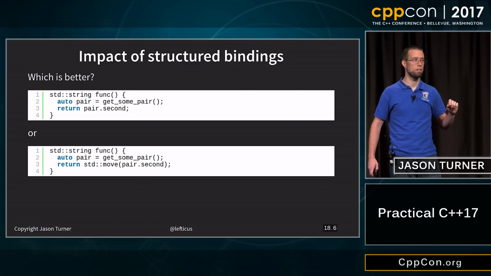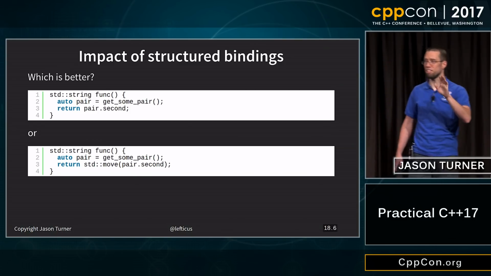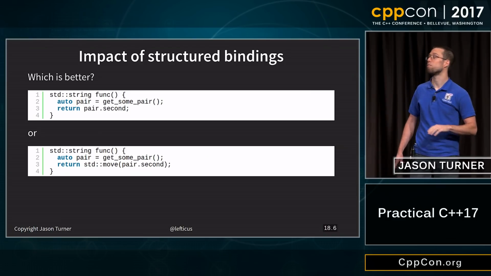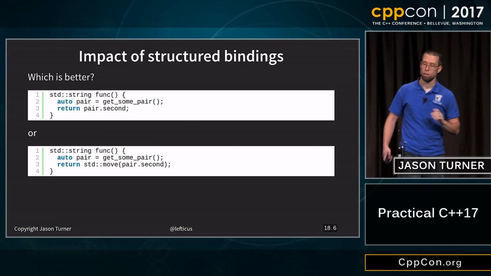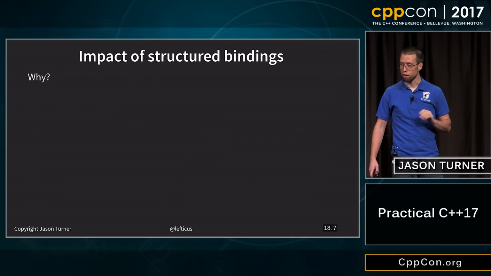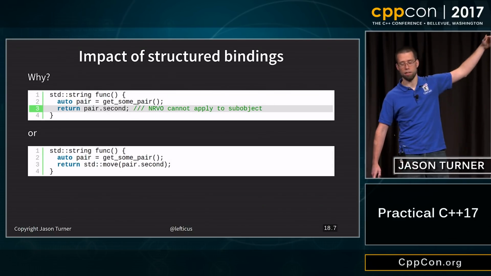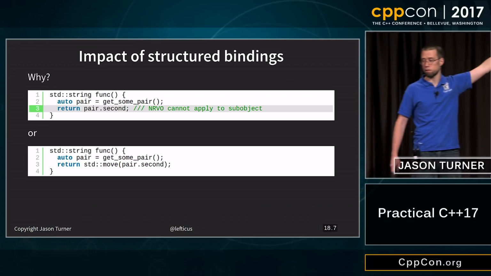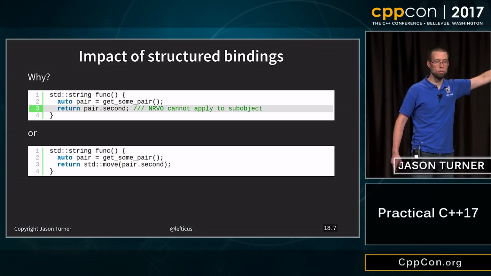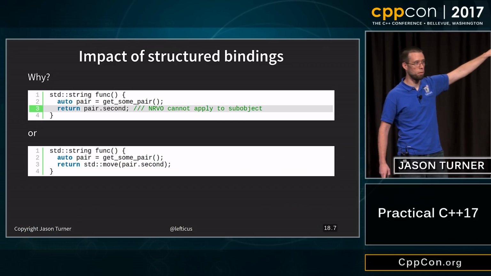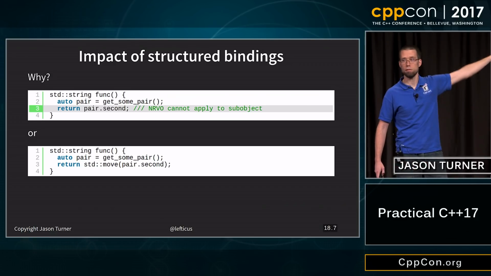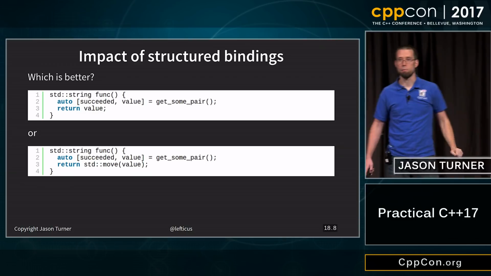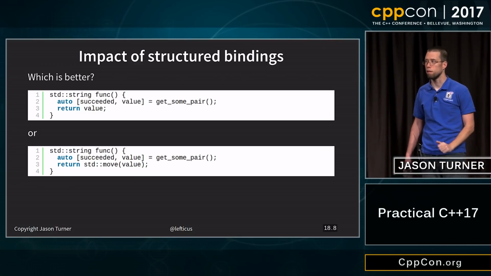I am not taking questions at this time. OK, so a couple of you think the first one's better. Who thinks the second one is better? We have a lot of undecided people in the room. I've highlighted them opposite in this answer, sorry. The first one is worse because return value optimization cannot apply to the subobject. So if we actually need to return efficiently a subobject from our pair, we need to return by move in this particular case. So who thinks the first one is better here now that we're using structured bindings?